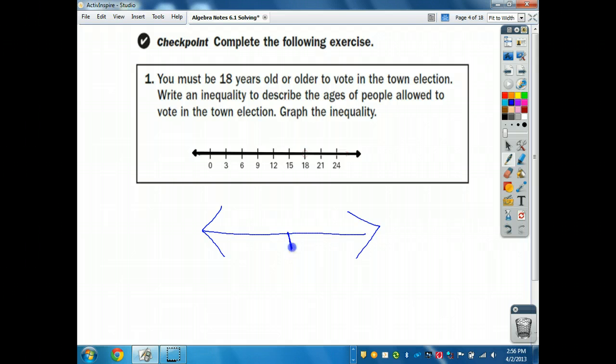Right in the middle then of that, you'd put your first dash, and that is the number that we were marking up, because our inequality was x was greater than or equal to 18, right? So the first dash you put your 18, the number you're working with. Some people like to just automatically put their circle there right away so they know that's the one they're working on. And then you have to have 2